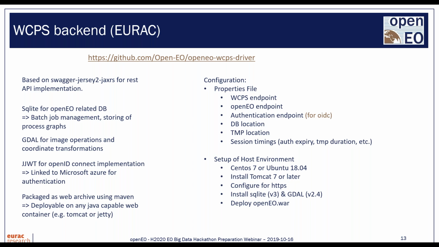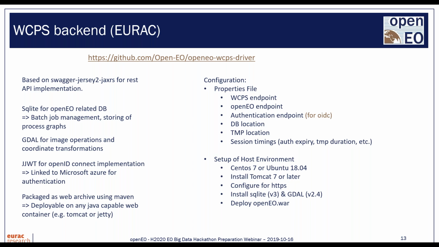You need some kind of web container, for example, Tomcat, but it could also be more simple, something like Jetty. And then you should configure your environment for HTTPS in order to have encrypted transmission of all of your data. And finally, you just need a simple database like SQLite and GDAL for some image operations, and copy the file in here. And then you can just do some configuration based on what's your WCPS endpoint, so the IP address